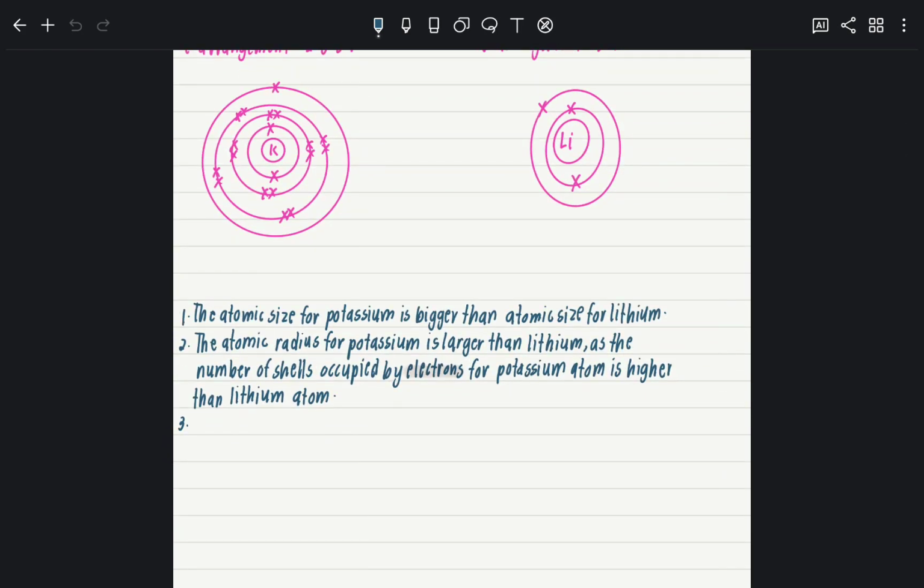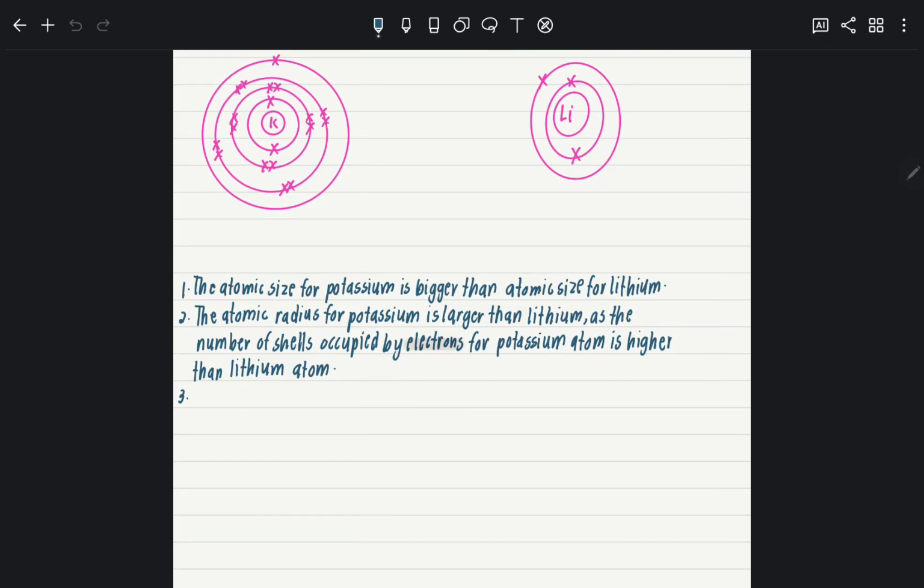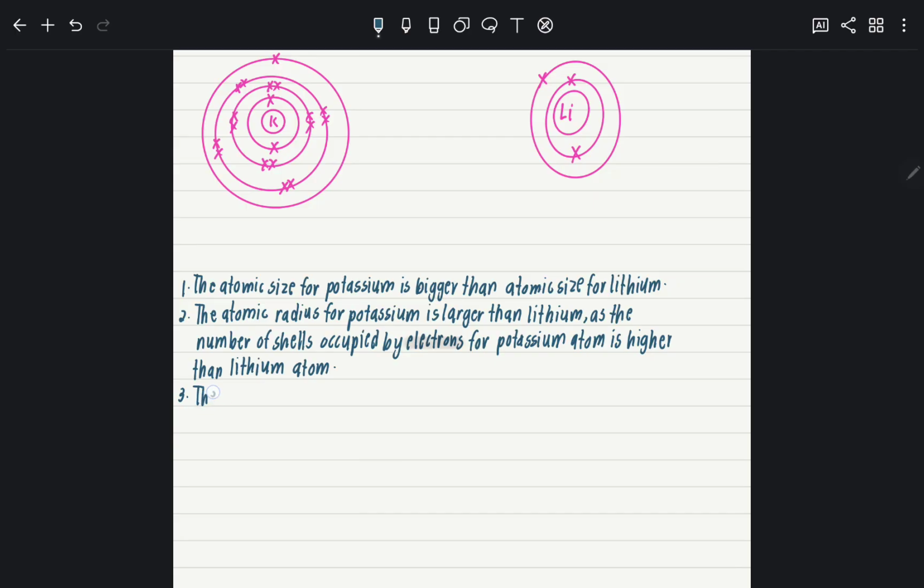So now I want to ask, force of attraction, which one punya weaker? Adakah potassium or lithium? Dan nama pun saiz ni besar, so mestilah susah kan? So mestilah weaker. So the force of attraction